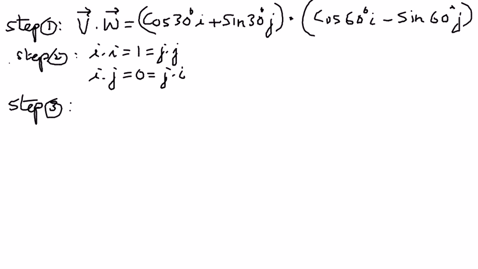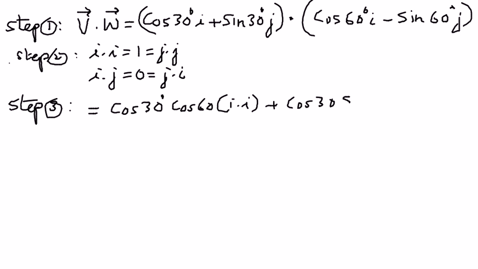Vector V dot vector W is equal to cosine 30 degrees cosine 60 degrees i dot i, plus cosine 30 degrees sine 60 degrees i dot j, so this is going to go to 0, and then plus sine 30 degrees